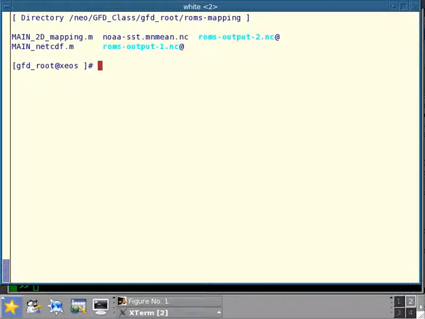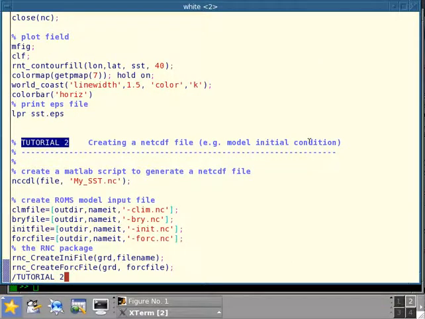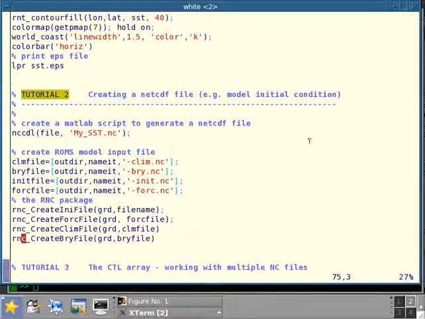We're now going to continue this tutorial, and we're going to learn how to create NetCDF files. So I'm going to open again the NetCDF tutorial, and I'm going to go to tutorial number 2. Okay. So in this second tutorial,